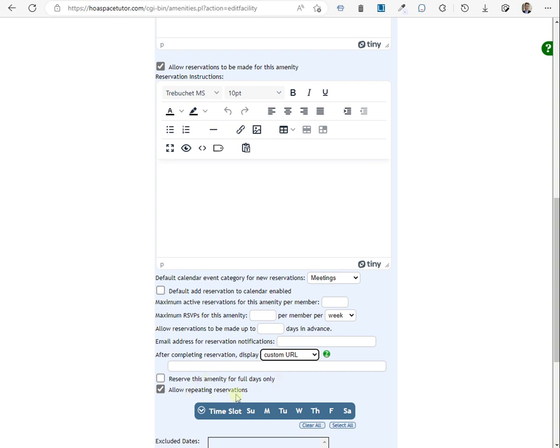Allow repeating reservations. This is where you, as the administrator, can say, I don't want people to reserve the clubhouse from Monday through Friday. I don't want them to have that option. I only want them to be able to choose, or even for that matter, from 3 o'clock till 9 o'clock. That's okay. Allow repeating reservations allows you to say that you only want to allow this amenity to be reserved for one